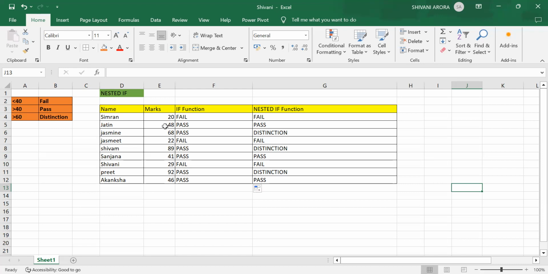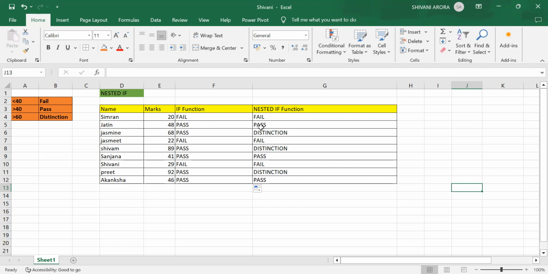When 48 is the marks, then using the if function, we will get the answer as pass. In the nested if also, we will get the answer as pass because 48 is greater than 40